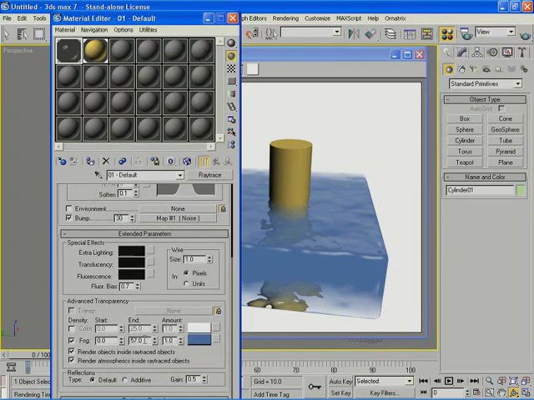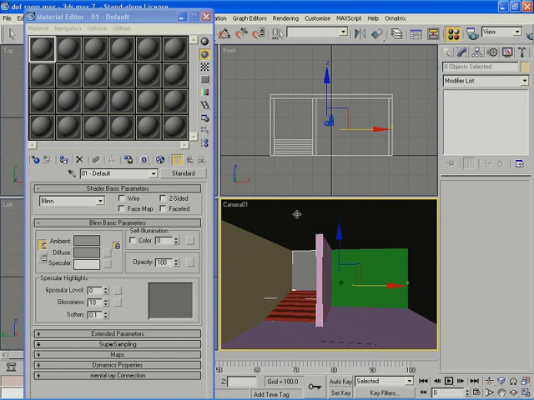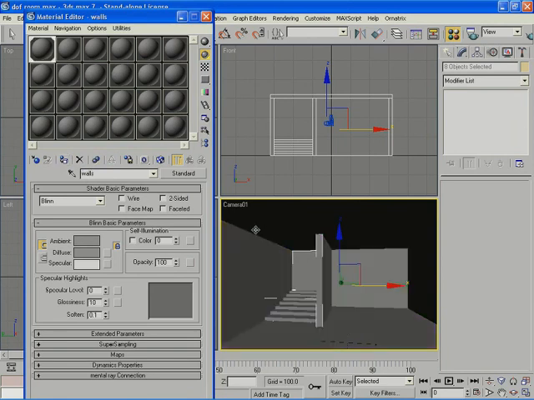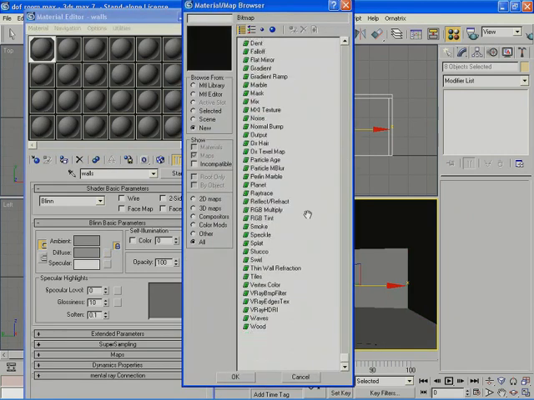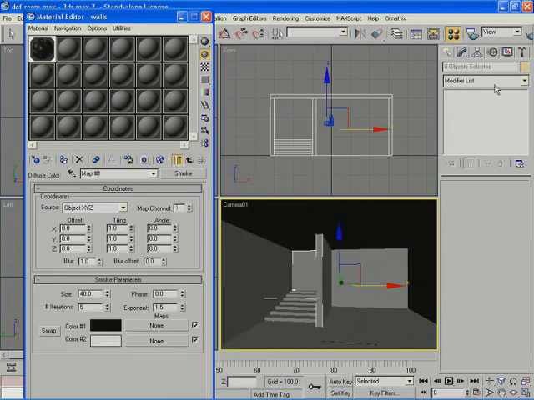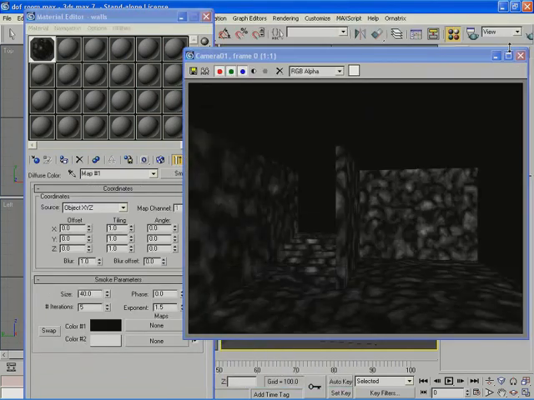Now I want this to look like an old house that has old rough materials. So I'm going to create a new material called walls, and I'll assign. Now I'm going to go to my diffuse channel, and I'm going to choose to have a smoke map. And I'll render this. What the smoke map will do is create a pattern that I have over all my